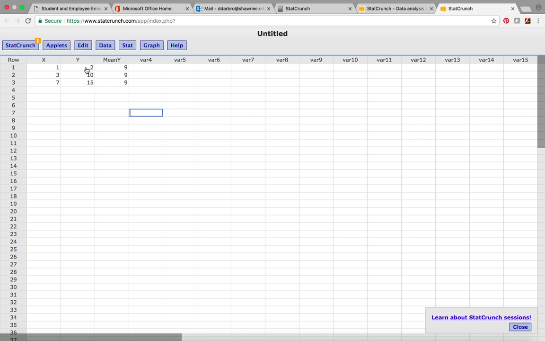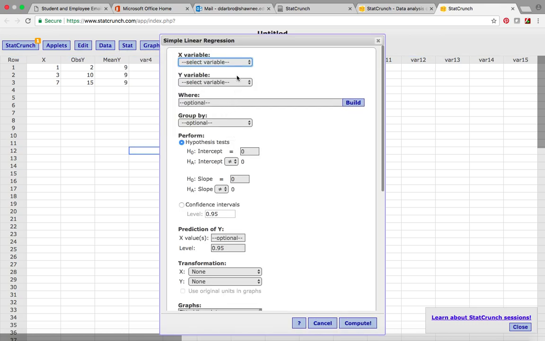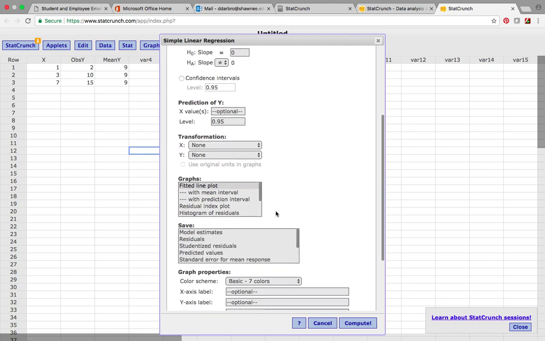I got my observed y's 2, 10, and 15, so I'm even going to change that to observed y. Now I need to get the predicted y. I can do that easily by going to regression, simple linear regression, taking x to predict the observed y,